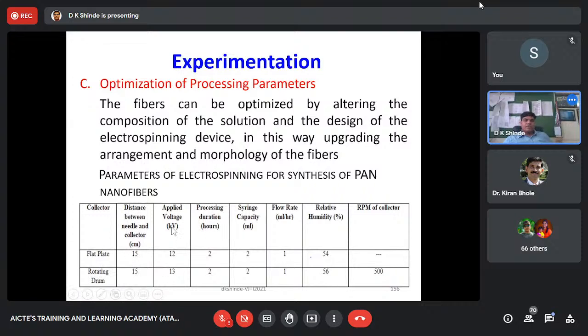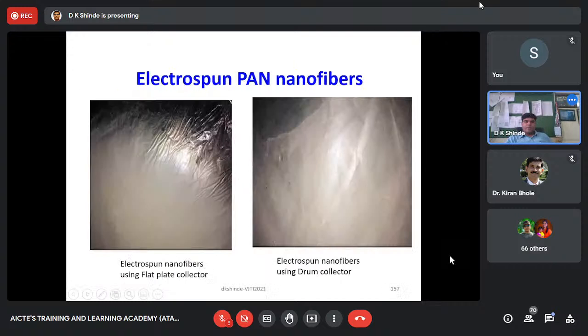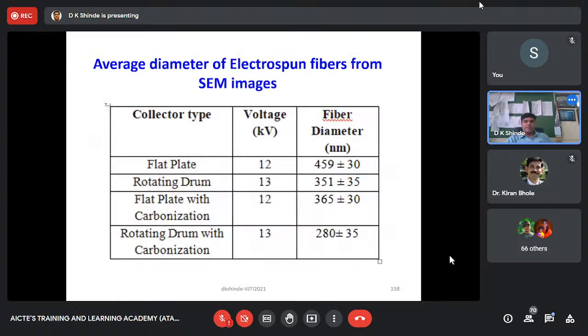So 15 is the distance between these two. Applied voltage 12, processing duration 2 hours, syringe capacity 2, flow rate is 1 millimeter per hour. Relative humidity is controlled and kept at 54, and we have obtained such kind of flat sheet collectors and drum collectors, and then we did the SEM images to see what those fibers look like morphologically under this analysis,